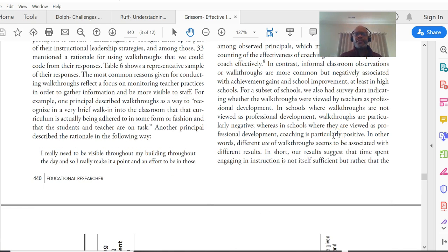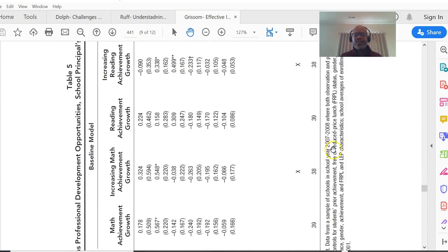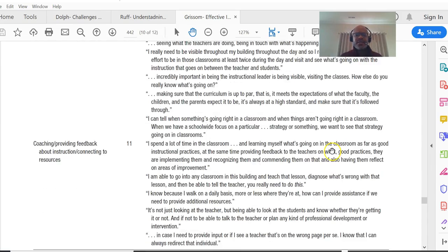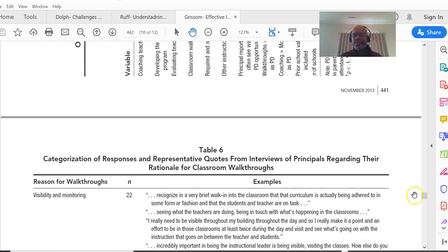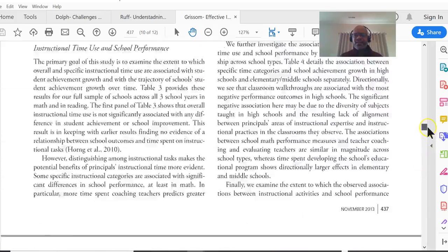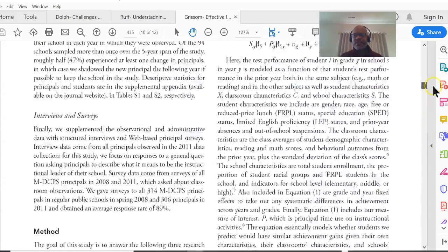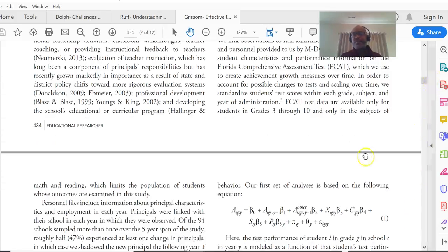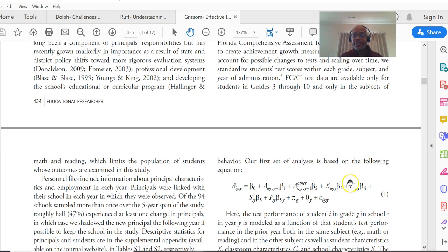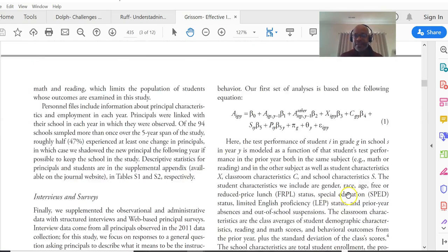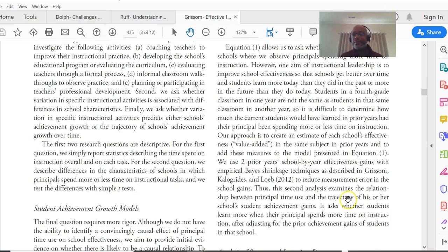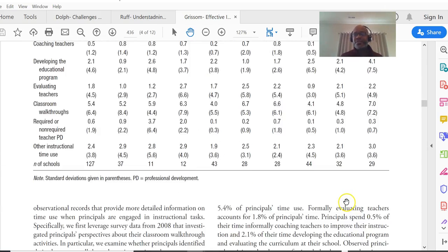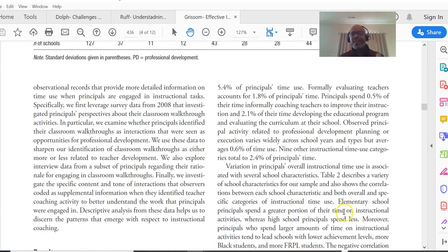The reason why I tell you not to get caught up in a lot of this stuff is because you'll start reading pieces of this, and it's only going to get nerve-wracking because you haven't had statistics yet. So until you can look at this and tell me what all this means, I suggest you skip past that and get to what they mean, which is going to be in their discussion and conclusions. You'll be able to get useful information out of here,